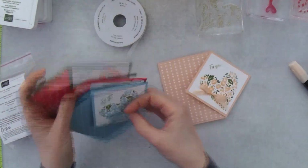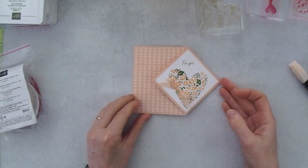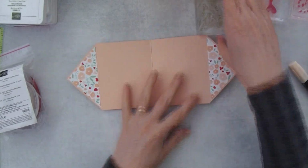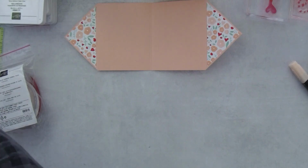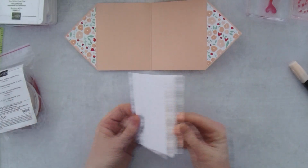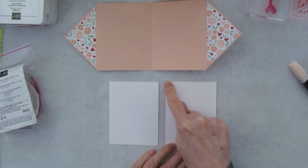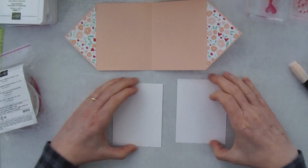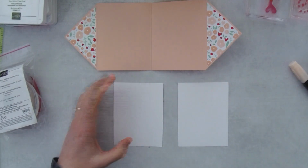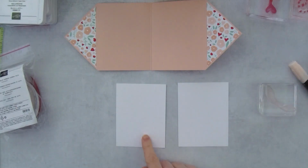Okay, I'm going to keep on going because there's a couple more things I want to do to this card before we finish it off. So the front is basically finished, and now we're going to work on the inside of the card. So for the inside, we're going to need 2 pieces of basic white cardstock that measure 3 1/8 by 4 inches. And on one side, I just want to stamp a heart for the inside, and the other side I'm